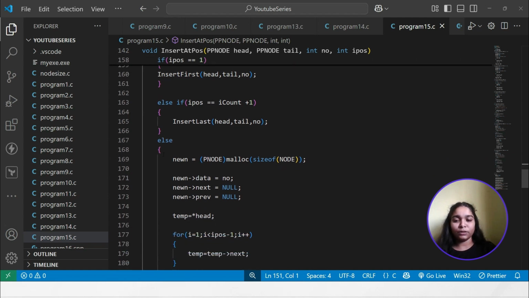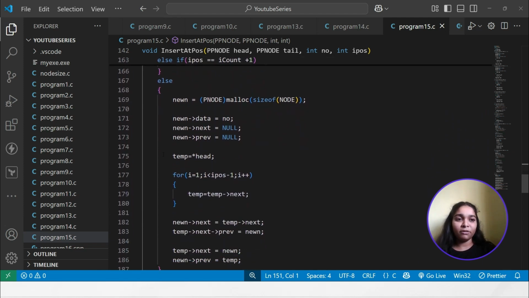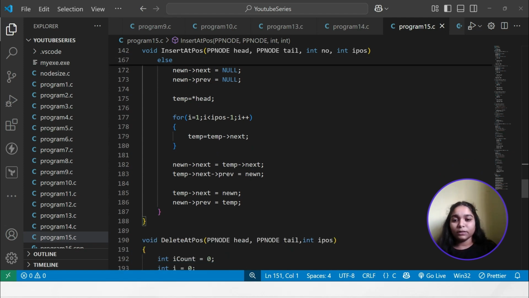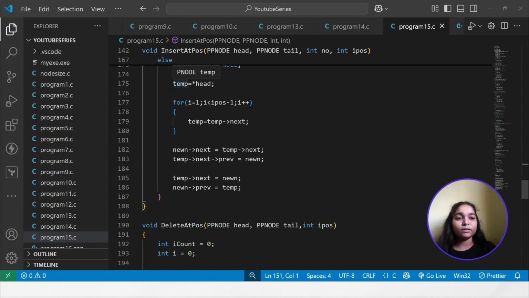So call the insert last function. And if you want to insert anywhere in between the nodes, then just implement the else logic. What this logic says: first make a new node, allocating memory, data, then next and previous to it. Then take a temporary pointer that holds the address of the first node, and